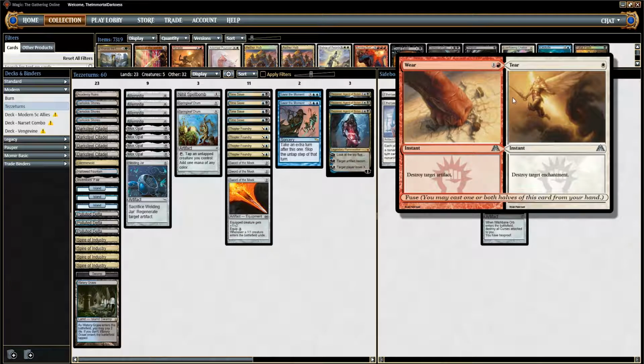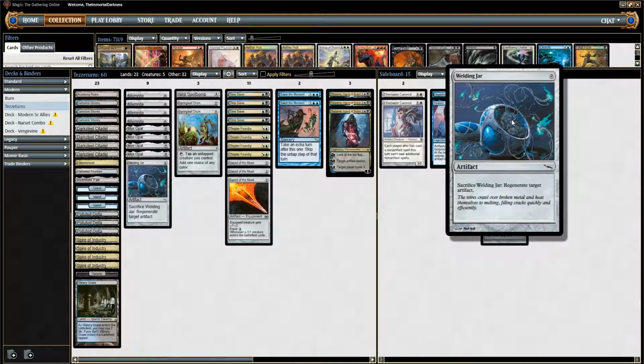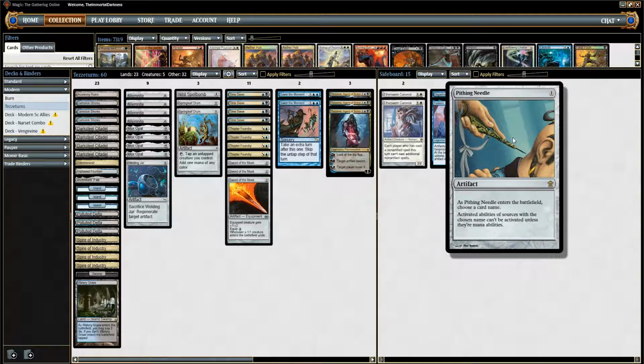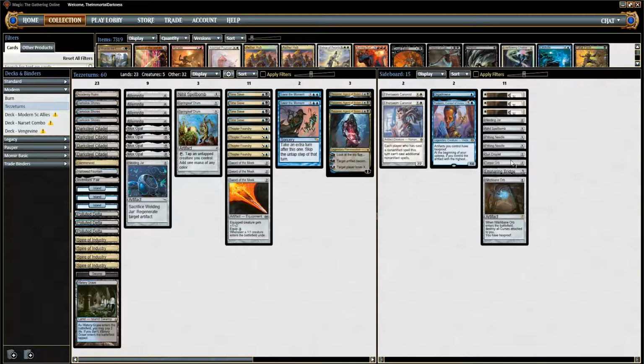Wear and Tear to get rid of artifacts and enchantments, mostly graveyard hate, because that's going to interfere with our Sword of the Meek Thopter Foundry combo. Although it's not the most important combo, it is our easiest combo to get started. Another Welding Jar, another Spell Bomb for graveyards, Pithing Needles for pretty much Jace and Teferi, Sunlance for burn,